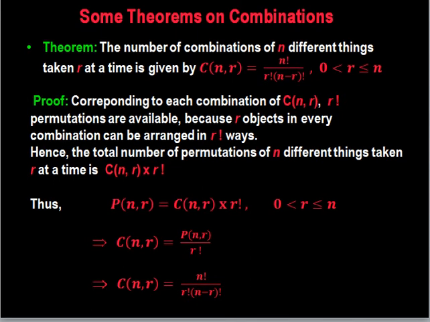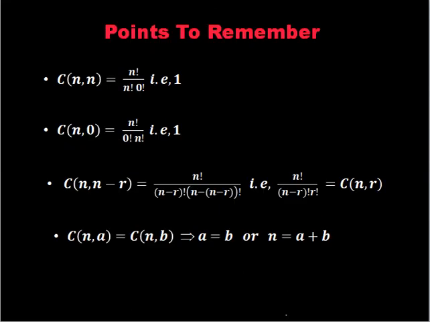Now after obtaining this general expression, let us go through some of the points which need to be kept in mind. If we are evaluating a combination coefficient where r is also equal to n, so it is of the form C(n,n), you can find here r gets replaced by n. So if we write it in the formula which we have obtained, it will be n factorial over n factorial into (n minus n). So this becomes 0 factorial, and 0 factorial is equal to 1. So C(n,n) comes out to be 1.